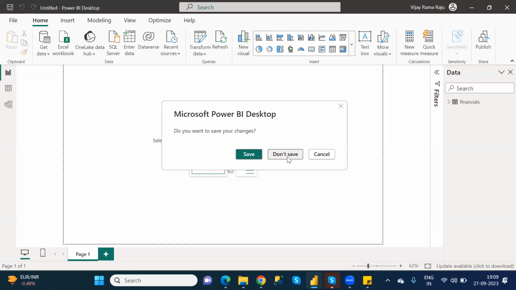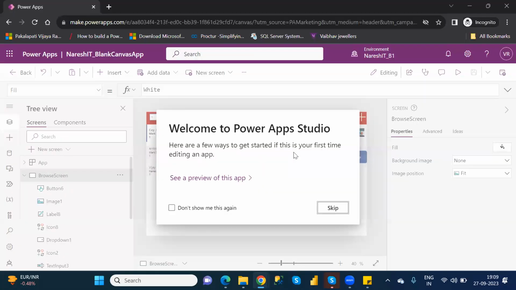So before performing any operation, before canceling any particular one, we need a confirmation message. Then we check with the user, are you sure? Do you want to save? With your confirmation, if you click on yes, then it is saved and the operation is done. If you click on no, that means cancel, and the application will be closed. This is what we have to do. If I click on don't save, see here, automatically the application will be closed.